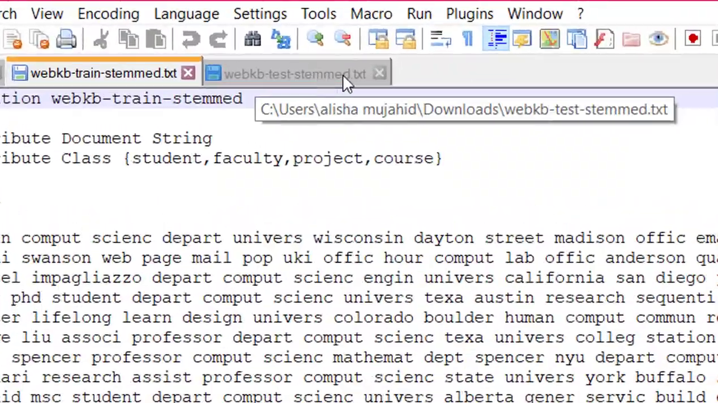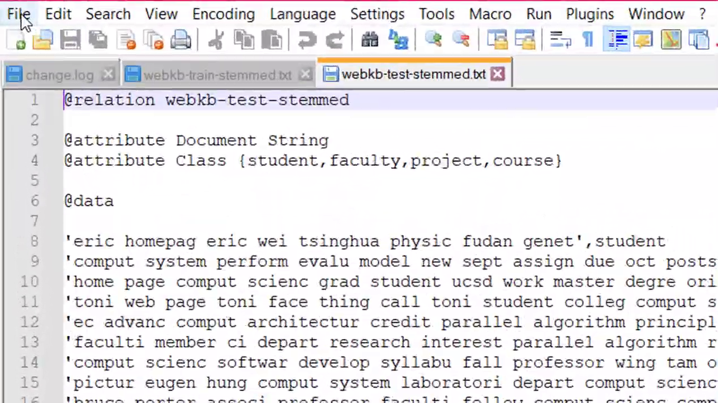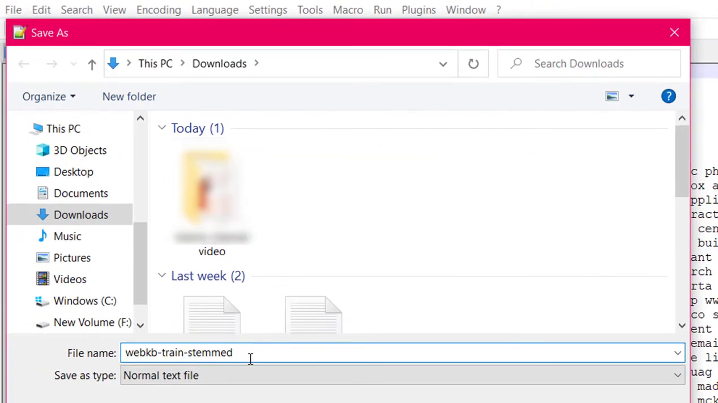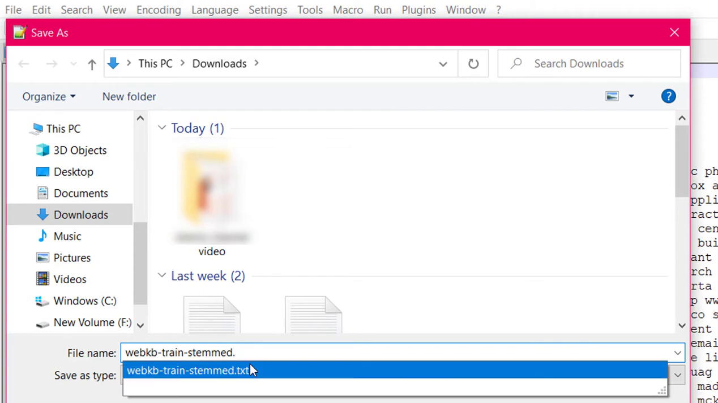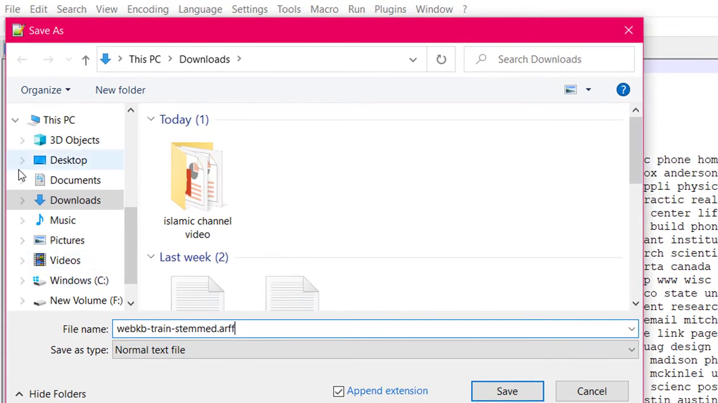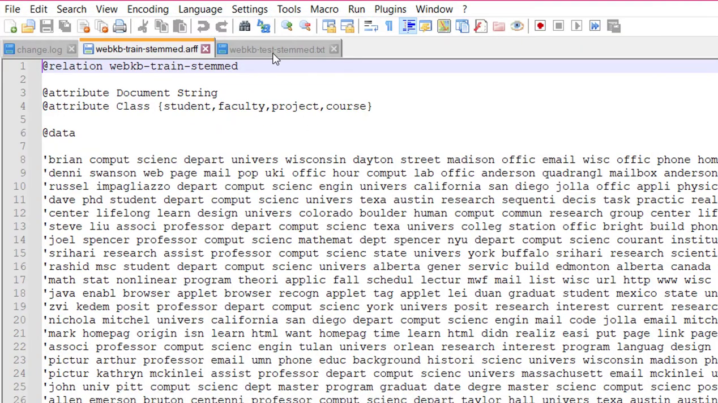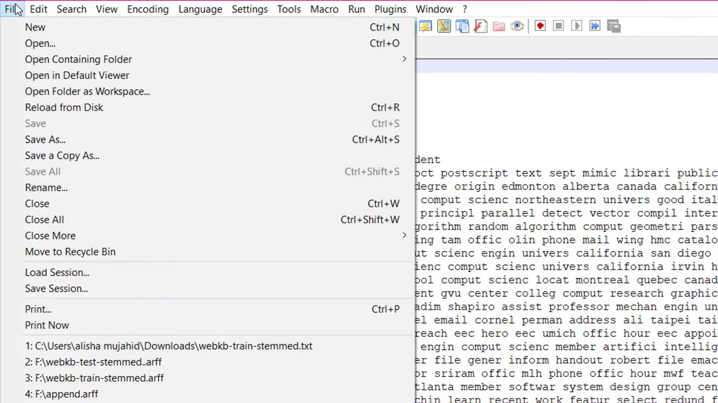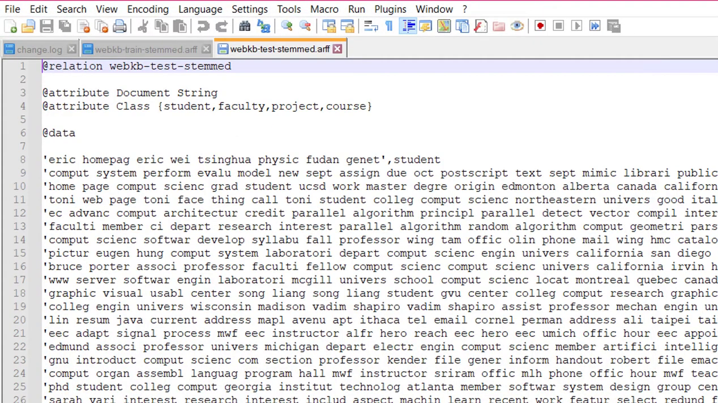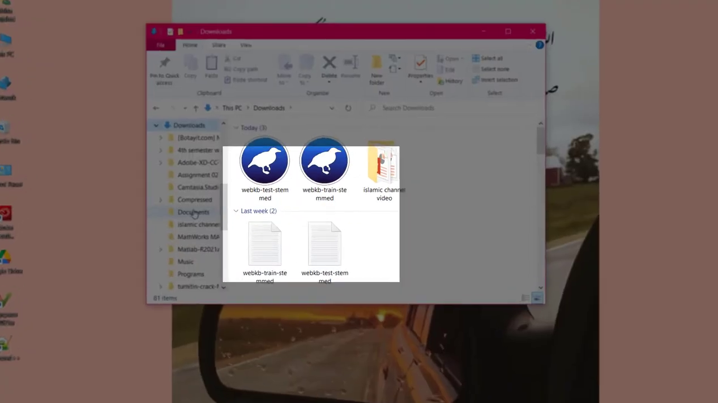Now we have to convert these text files into ARFF files because Weka only works with ARFF files. When we open this, we will save it as .arff train file and save it. Then we move to the test text file and save it as an .arff file and simply save it. Now we have these two files